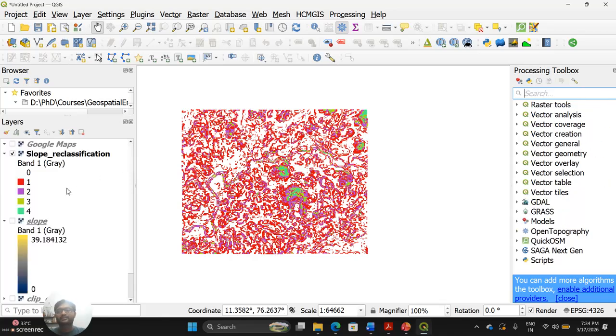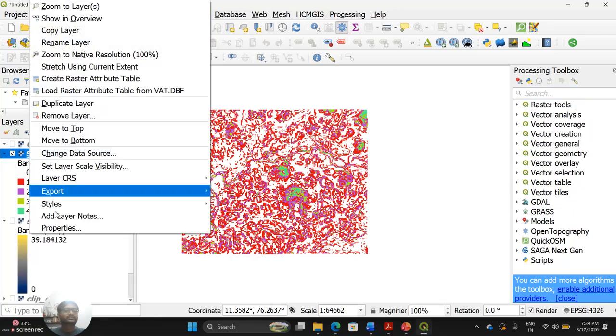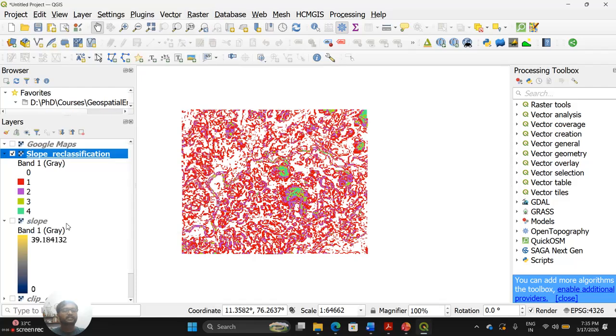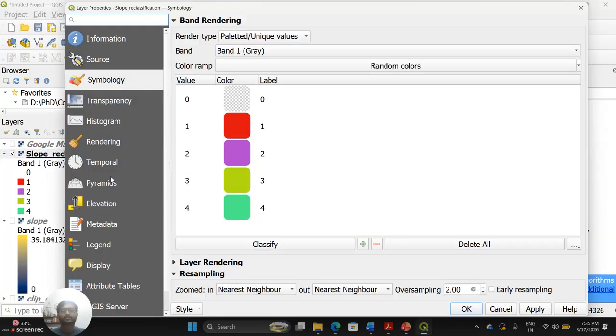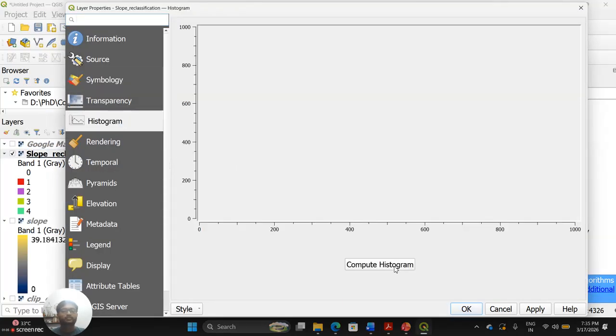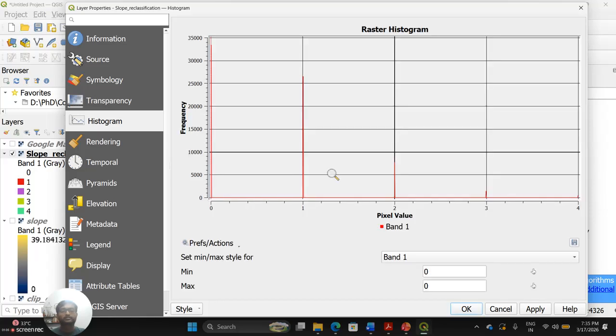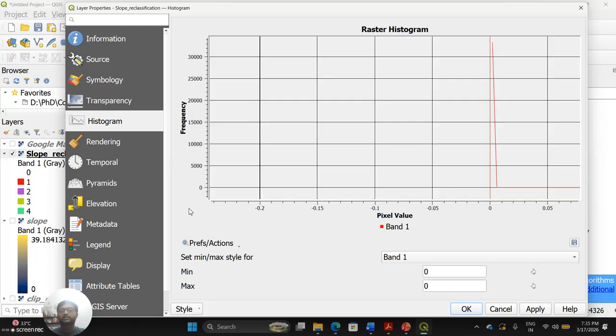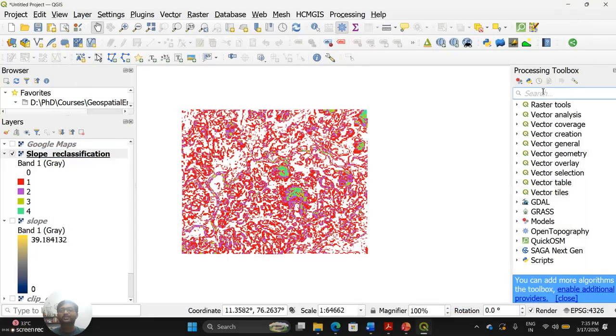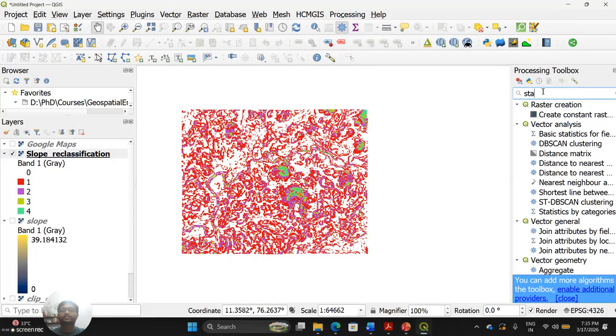So first of all, we have one thing that we can do: right click, go to properties, then go to the histogram, and click on compute histogram. So 0, 1, 2, 3, 4, you will get the total number. But here we have to go through it and check manually how much value is there. So instead of that, if we directly need the